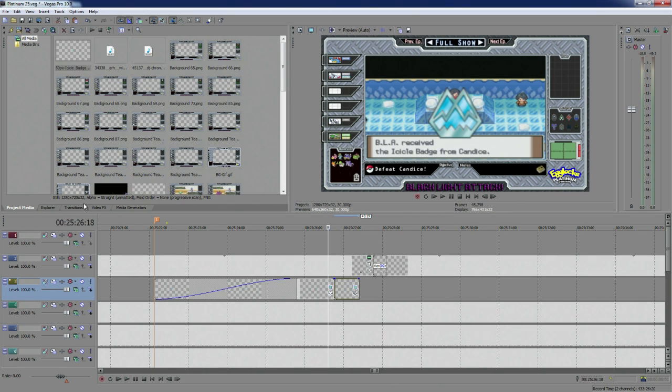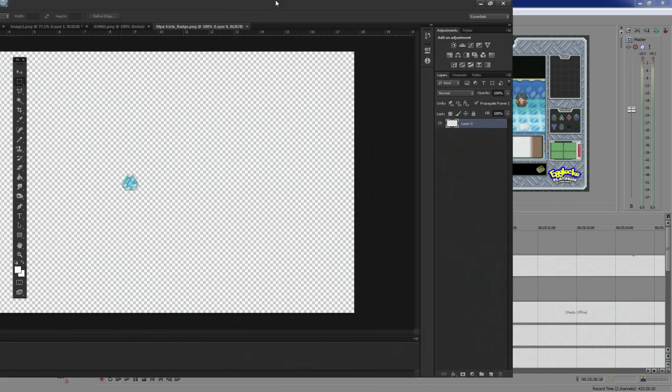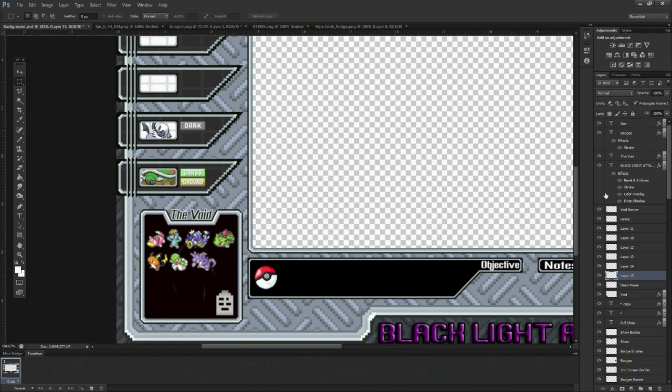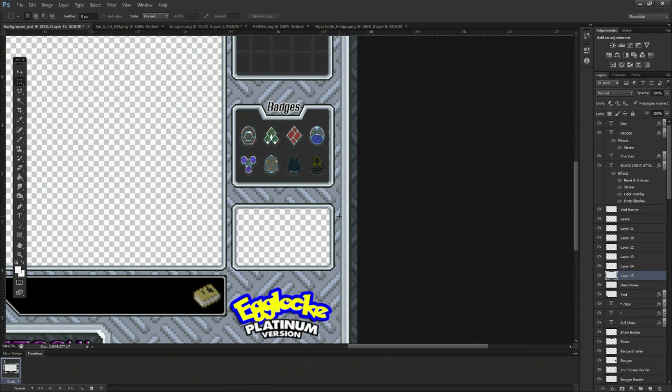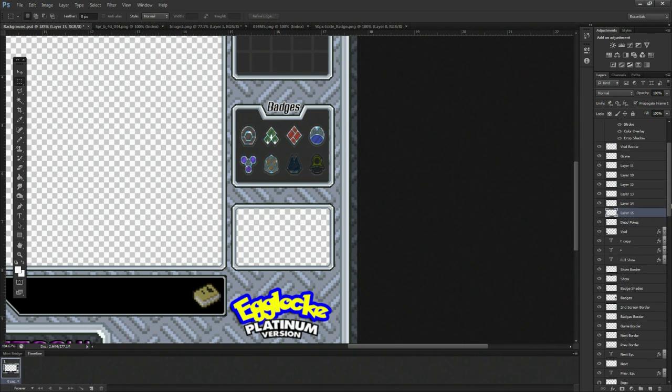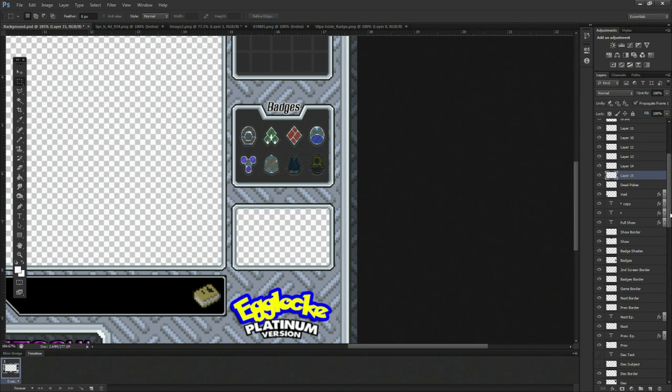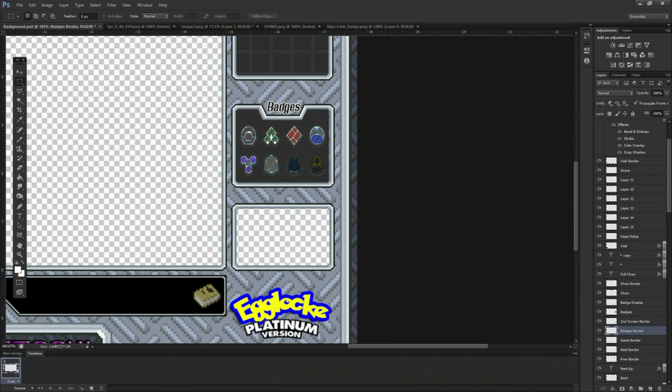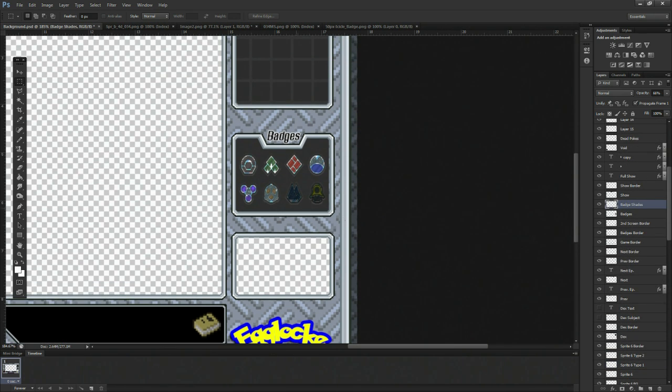And then, of course, ladies and gentlemen, we have to go back into Photoshop. Trust me, I do this a lot. And there's a layer around here somewhere. All badges. We got the badge border. Where's the badges? Okay, so we go to the badge shade thing here, and if I unclick that, you can see that it's just basically I have a little